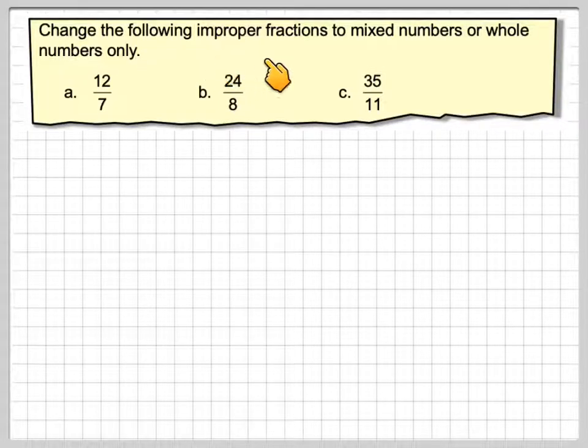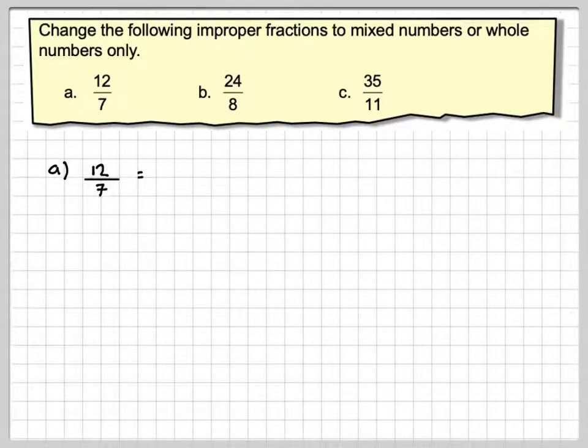Change the following improper fractions to mixed numbers or whole numbers only. These are called improper because 12 is bigger than 7, 24 is bigger than 8, and 35 is bigger than 11. So if we take the first one, which is 12 over 7, what you do is you say, how